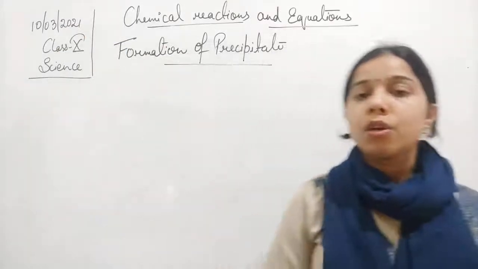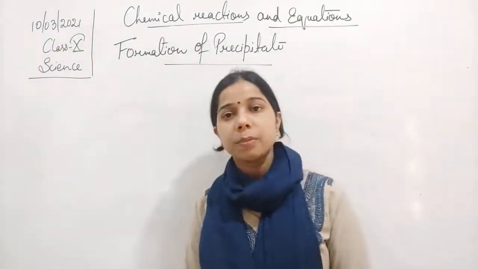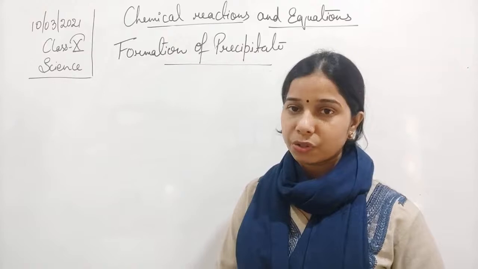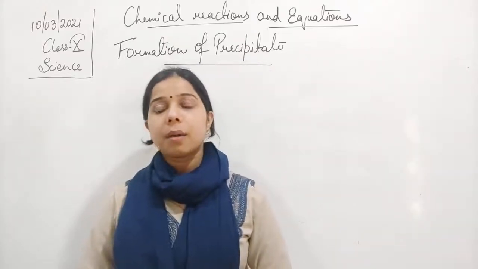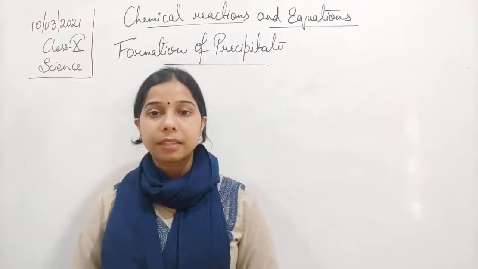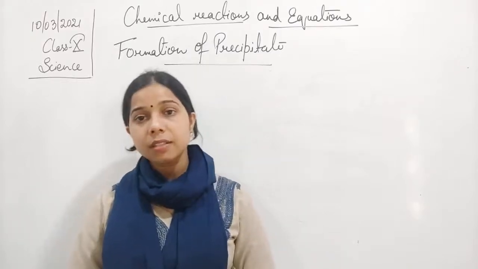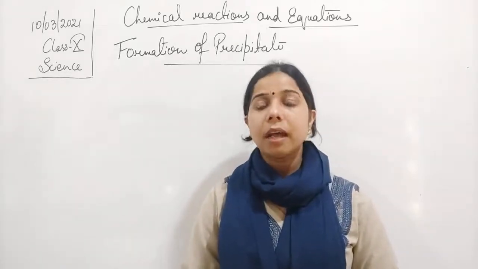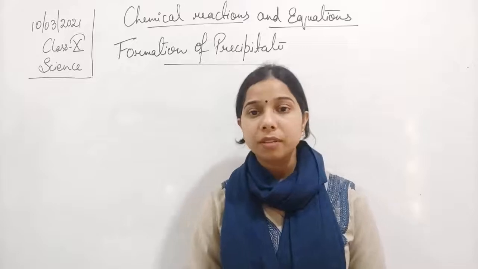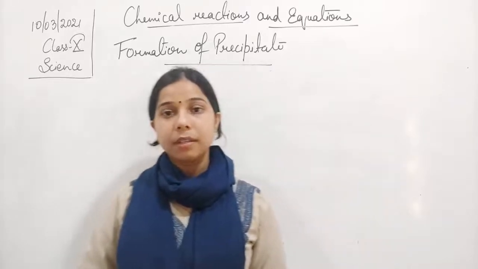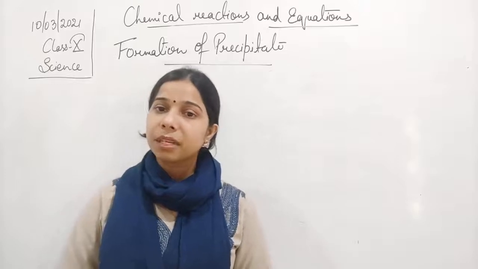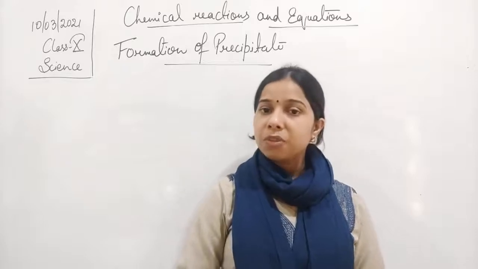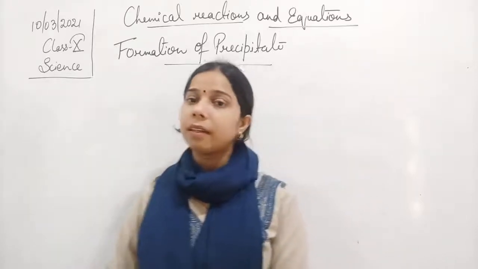Hello students. So students, in the previous class in this chapter, that is chemical reaction and equation, we were talking about the chemical reaction. When we were discussing the chemical reaction, we have seen that basically a chemical reaction involves the reactant and product. Reactants react together and thus there is a formation of a new substance having new properties entirely different from the substance it is made up of, and that is known as a product. So a chemical reaction basically involves the reactant and the product.